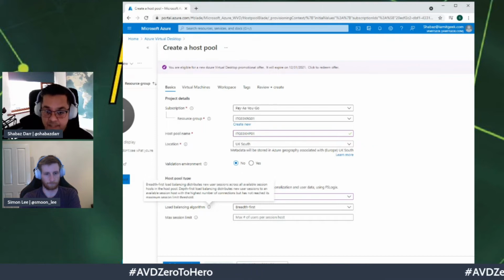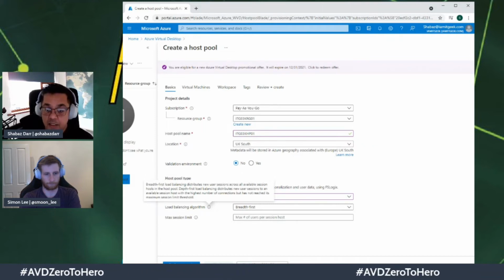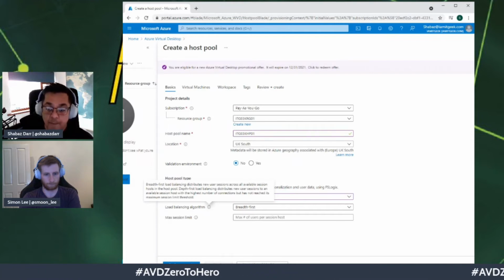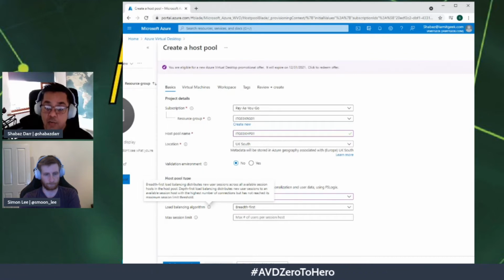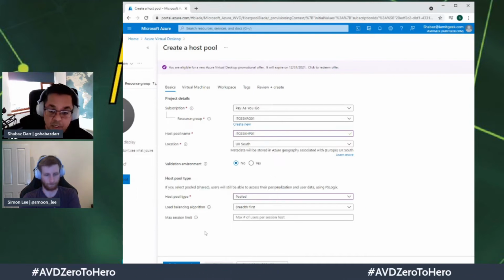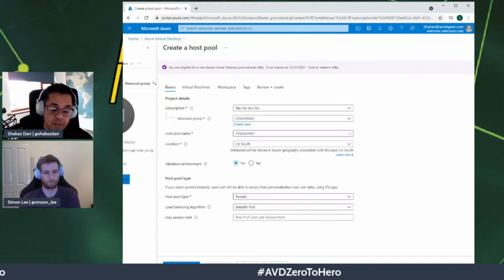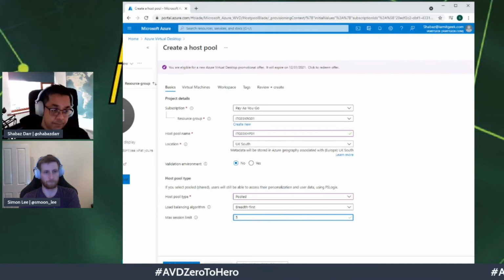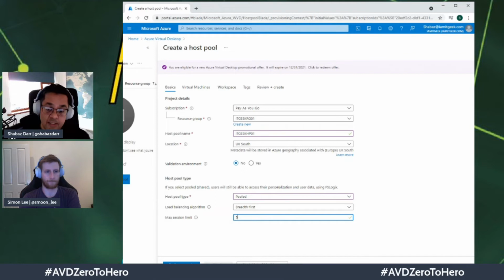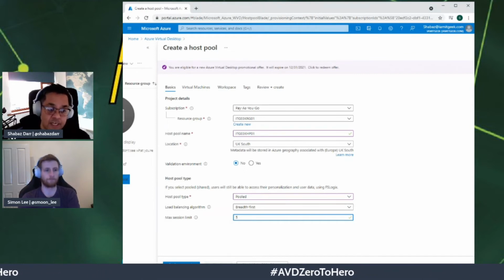As it says there, for those who can see it, it's quite small text, but breadth first load balancing distributes new user sessions across all available session hosts in your host pool, whereas depth first load balancing distributes new user sessions to an available session host with the highest number of connections but has not reached its maximum session threshold. So like I said, you've got 10 virtual machines as your session hosts. If you assign a limit, say we assign a maximum session limit of 5, once it hits 5 users, it will then start logging people onto the next available session host,